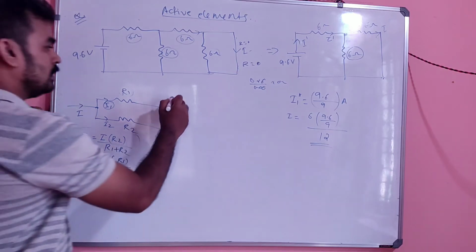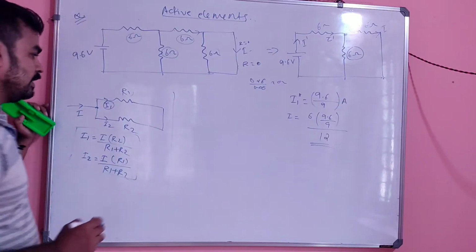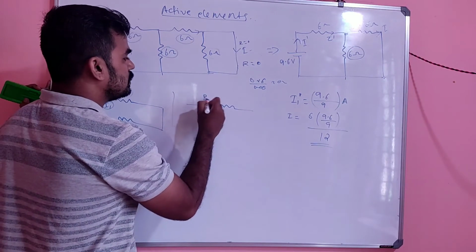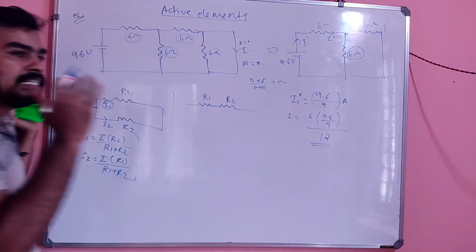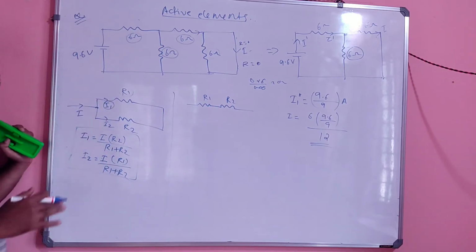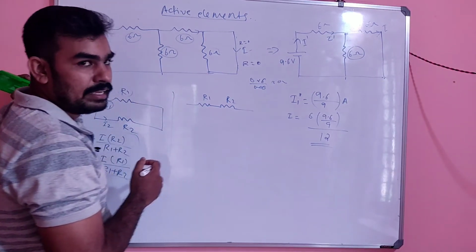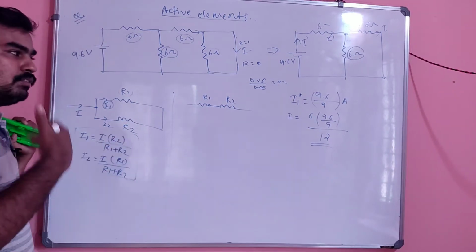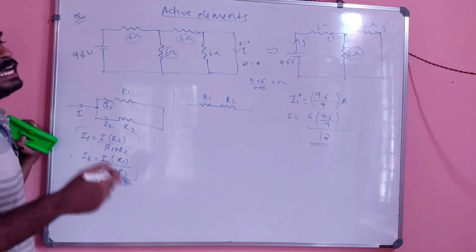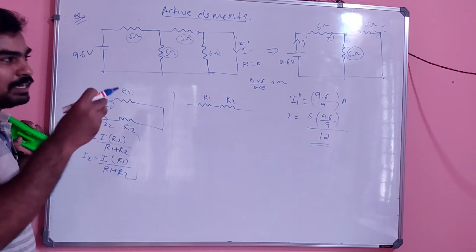I will explain the voltage division rule also here; it will be helpful to you. Suppose this is R1 and R2. Voltage division happens only in a series circuit. Current division happens only in a parallel circuit. For simplicity I am taking two resistors here. Three, four, etc. will be there, and there is another formula for that. I will discuss it later whenever it demands.